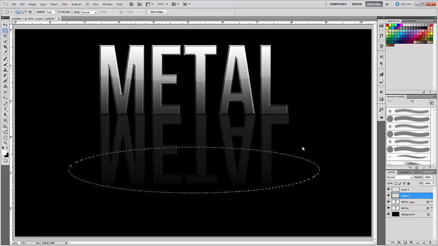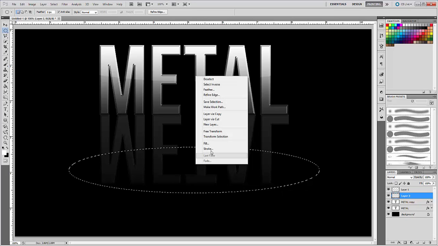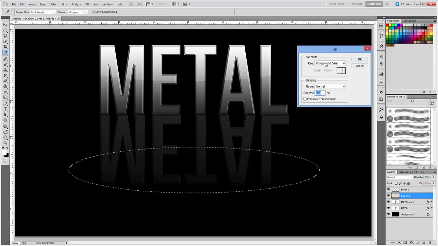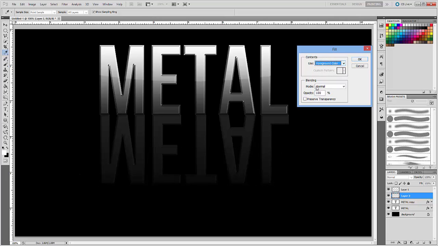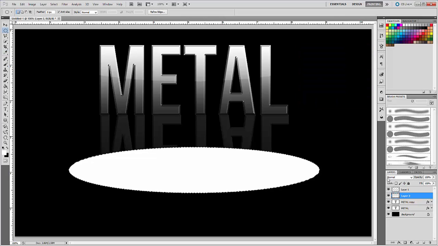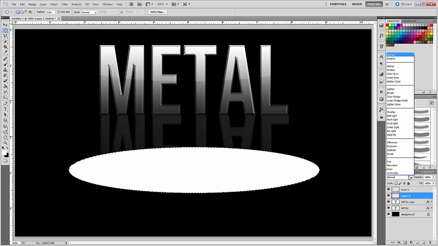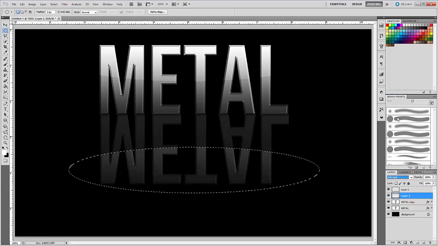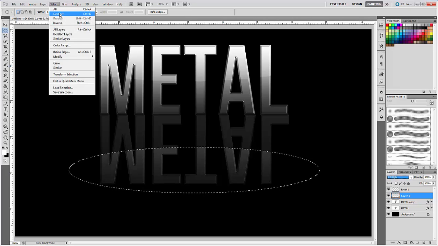And then we're going to go ahead and right click and go to fill, and it should have used the same one as last time, but if it didn't, just go ahead and make it the foreground color, mode normal, and opacity 100%, and preserve transparency is checked off. And once you've done that, you can go ahead and click OK. And now, like last time, we're going to change this to soft light, and then we're going to deselect,